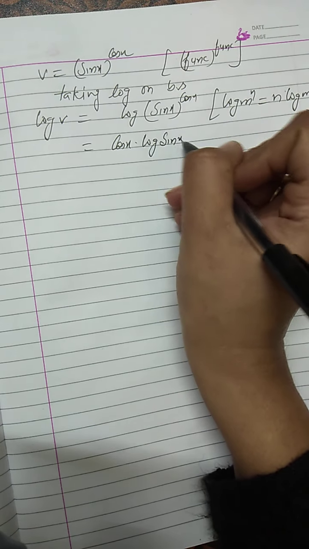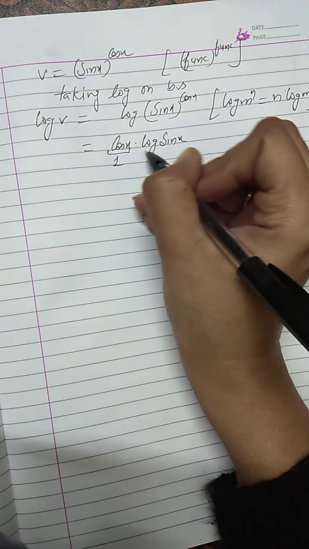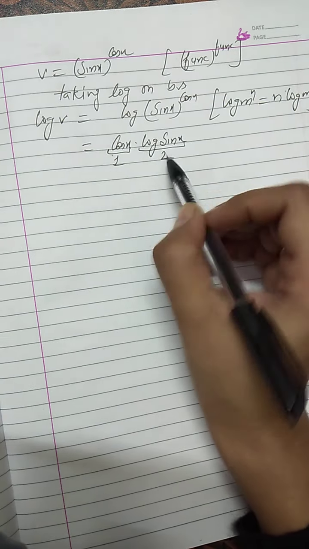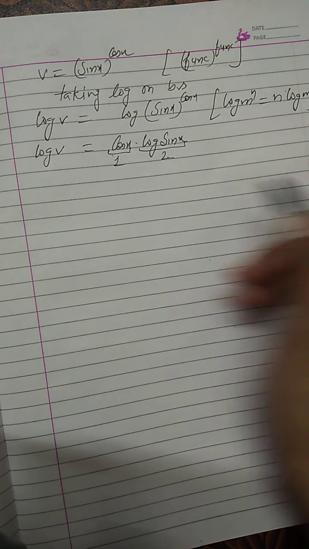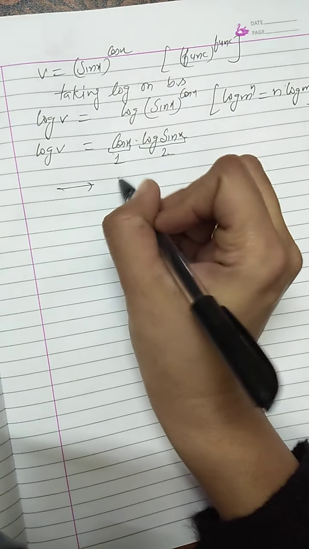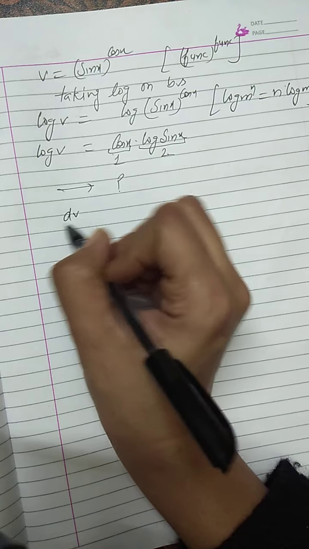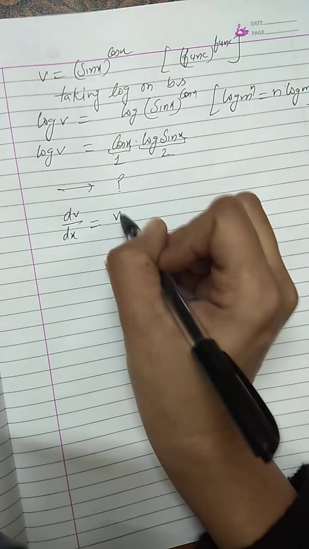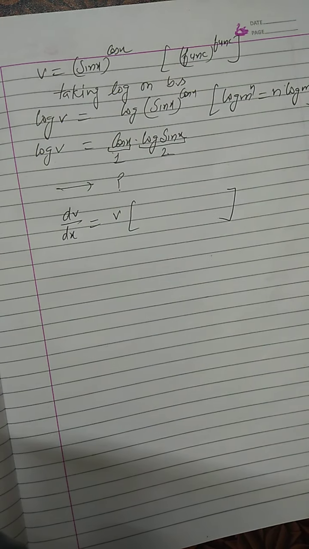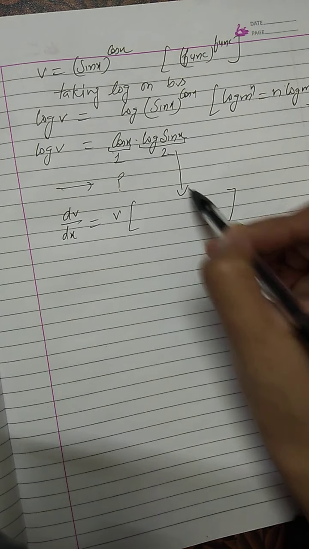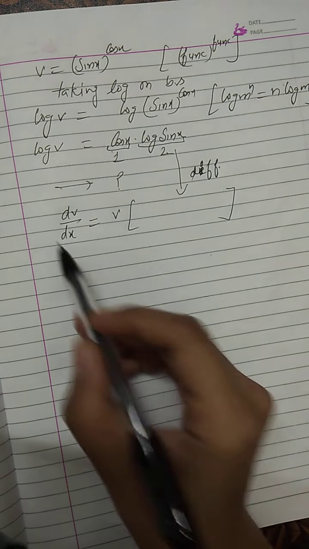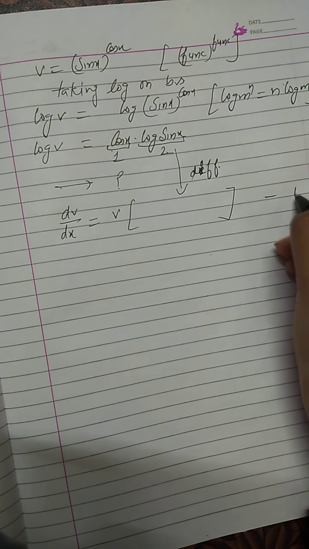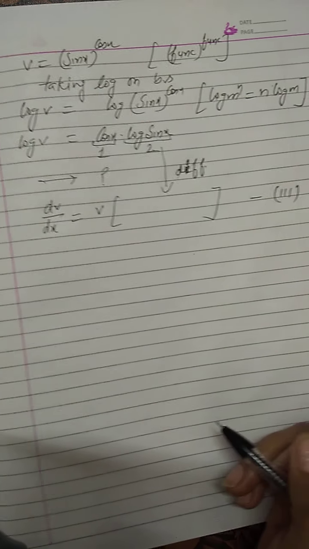log sin x. Here also you have a product of two functions. So we will apply the product rule. Left hand side we have v, so you will differentiate here. I am leaving it for you. And here you will calculate dv by dx. That will be v into the bracket, whatever is coming as the derivative of this thing, right? So you will differentiate it. dv by dx is calculated. This answer we will mark as 3.